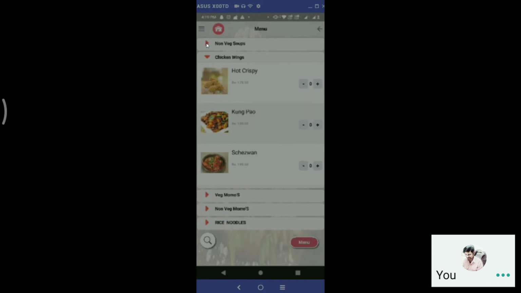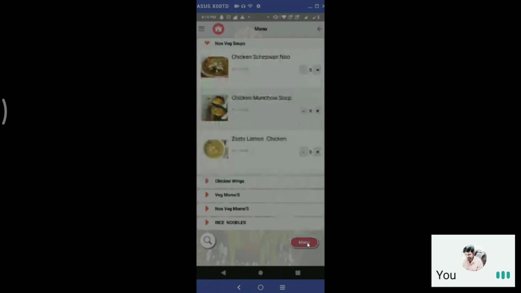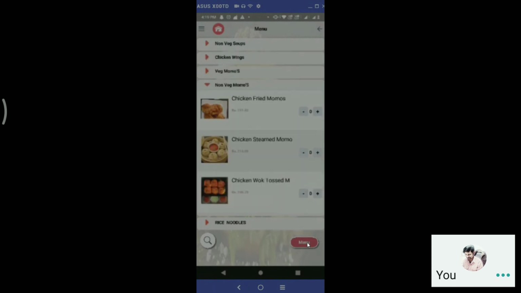Okay. Below, you can also see the menu, so you can jump directly to any menu. Either you can browse your menu from the displayed list, or you can browse from the menu button also. We have given that option because if the menu list is huge and you directly want to jump to the bar menu, you would have to scroll down the list. Instead of scrolling down, you can directly jump to the menu from this menu button.